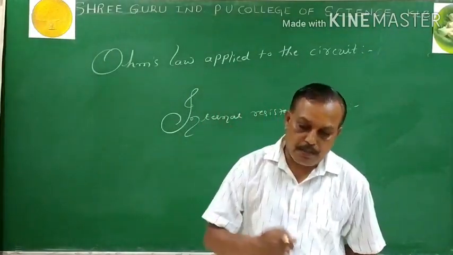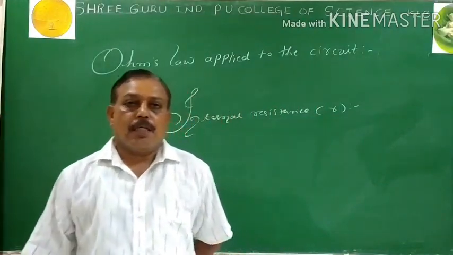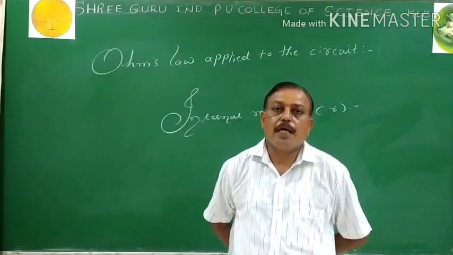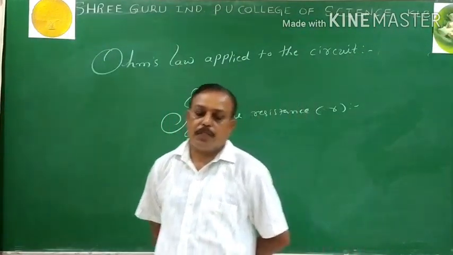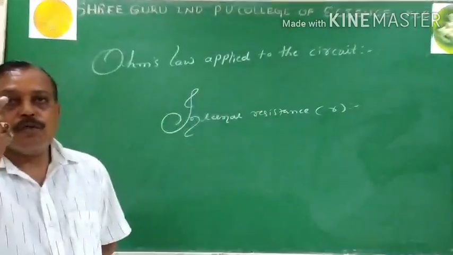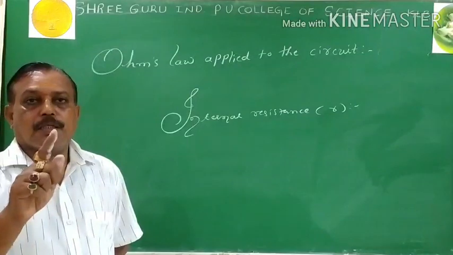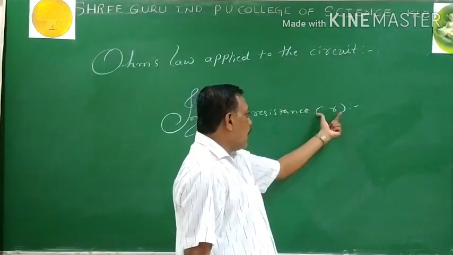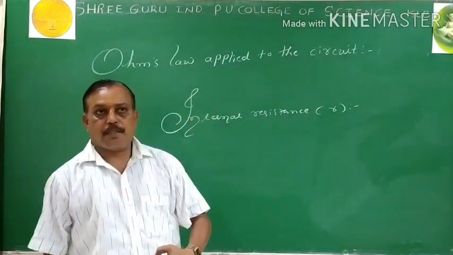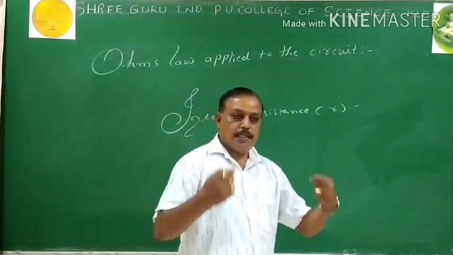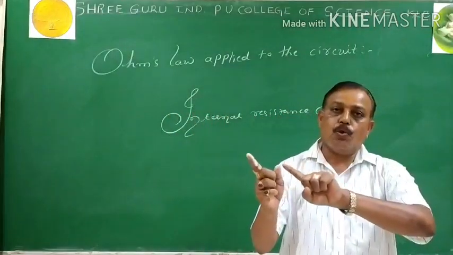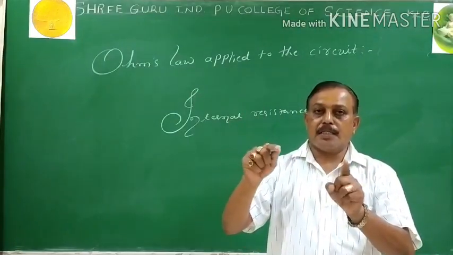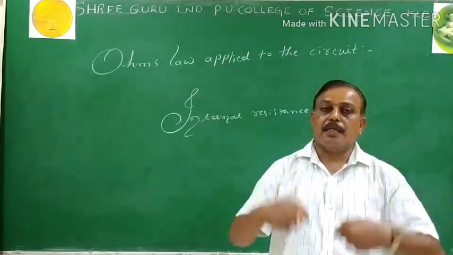Then what is the internal resistance of a cell? The opposition offered by the cell to the flow of current through it is known as its internal resistance. That internal resistance is represented by r. A newly prepared cell has the least internal resistance, up to 1 ohm. As the cell goes on being used, its internal resistance also increases. As the internal resistance becomes very large, we won't get current from that cell.